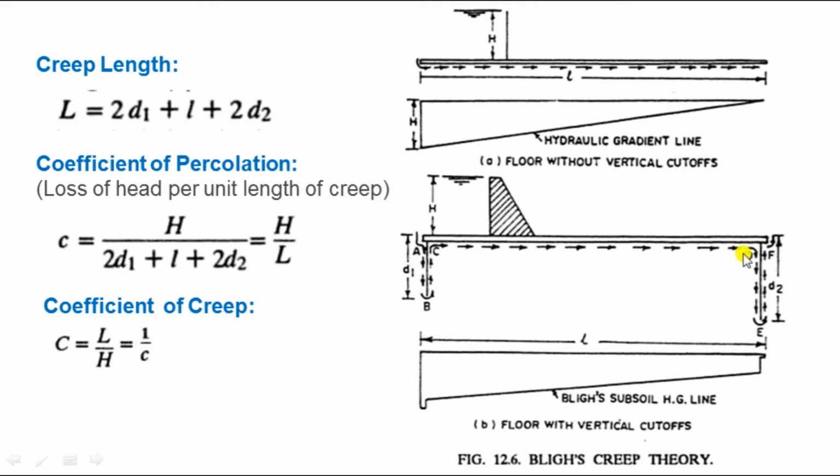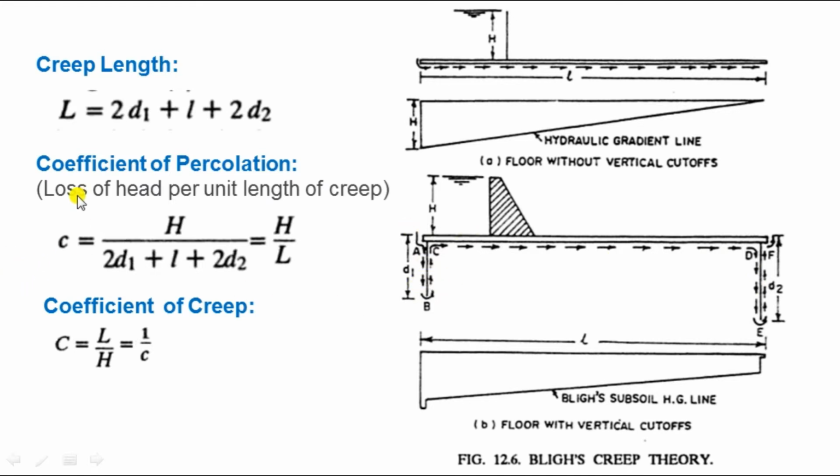Water may flow directly through that path also, because that is the saturated layer. So that possibility may arise. So there is no relationship between the sheet pile and that length, because the reduction in creep length is kept in our calculation as that much, so the result may be different.